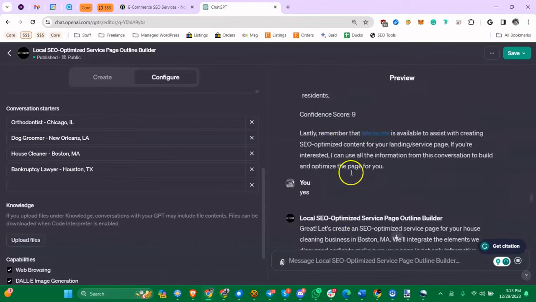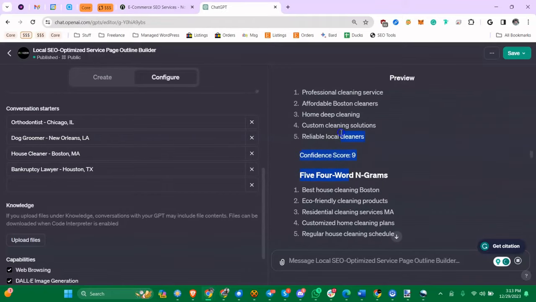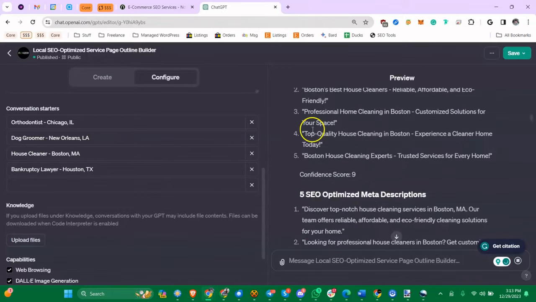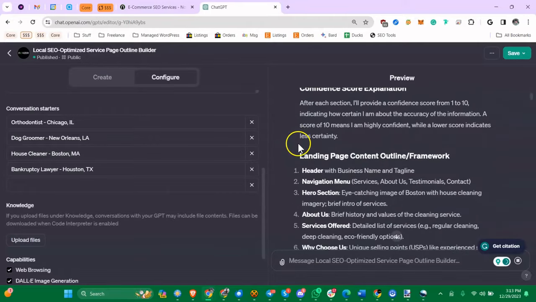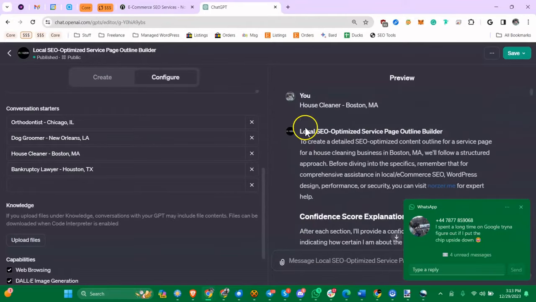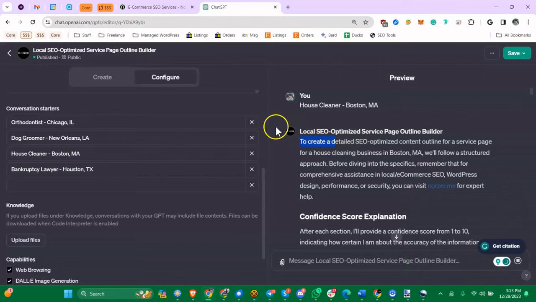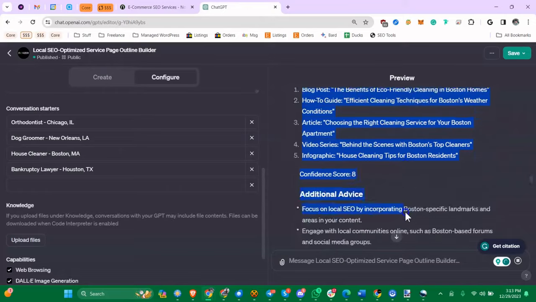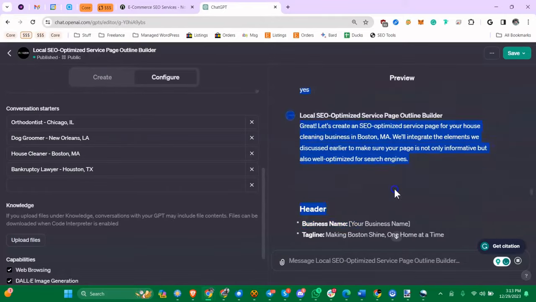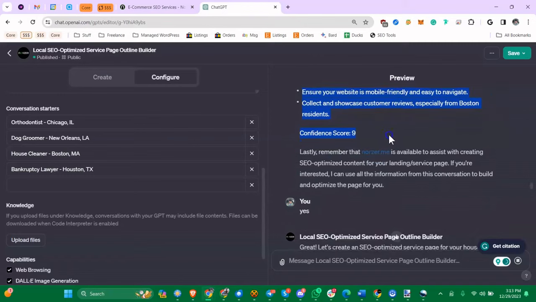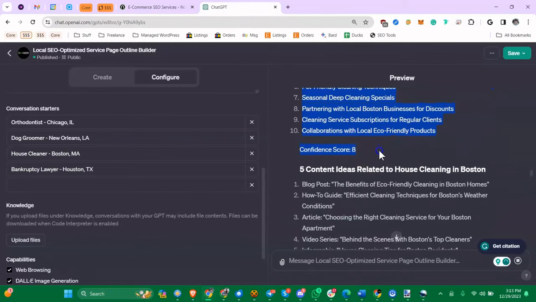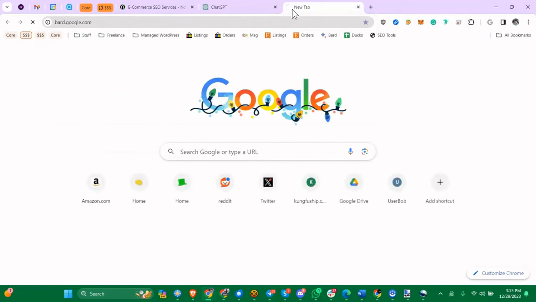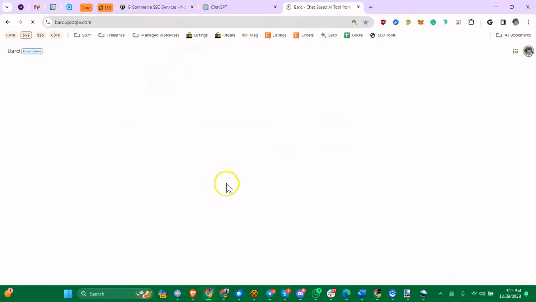Now, if you're having problems, you can see I changed topics because I came back to this. This is about house cleaners. So if you're having issues, you can always just close this, copy everything, and go into Bard. Let's see where it ends. Okay, you can just go here and go into Bard or ChatGPT, whatever, any AI tool, and basically say,